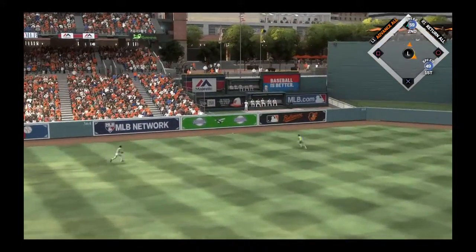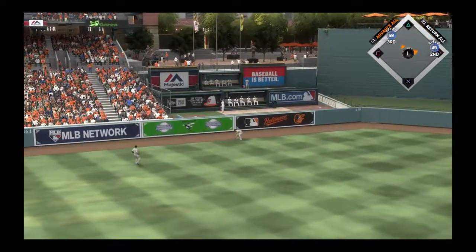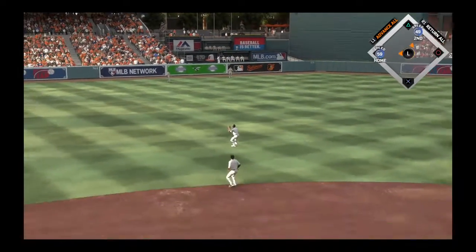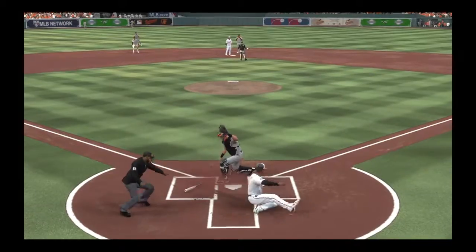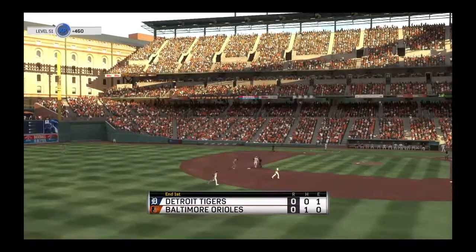That gets down, and he's got himself a base hit. Scope rounds third and is digging for the plate. The tag, and he is out at the plate. So much for...